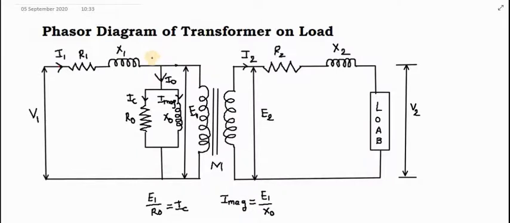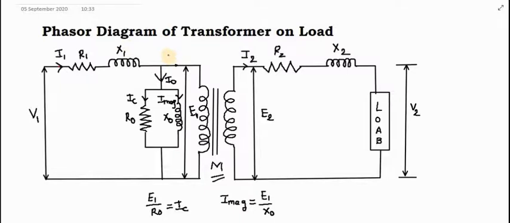While developing the equivalent circuit of the transformer, first of all, we have assumed the ideal transformer M. So what is an ideal transformer? An ideal transformer is nothing but a transformer with no losses, no magnetic leakage, and an iron core of infinite permeability requiring very small magnetizing current to set up the flux.